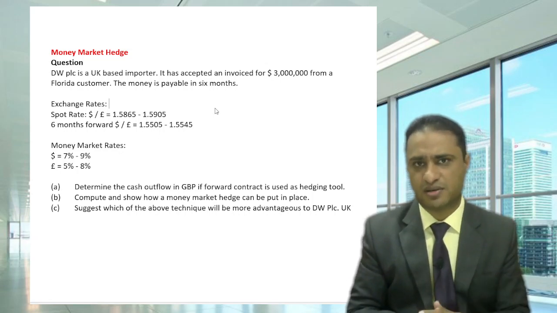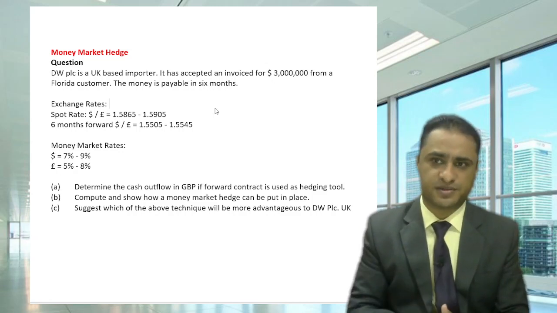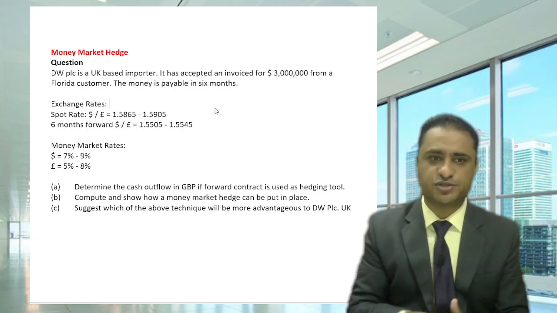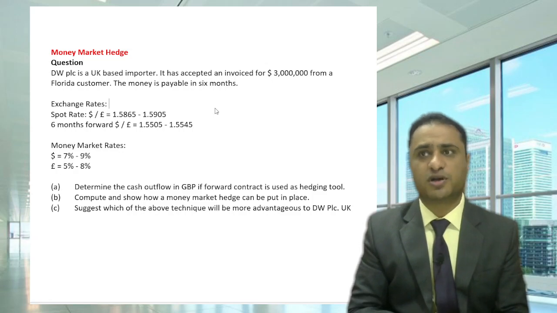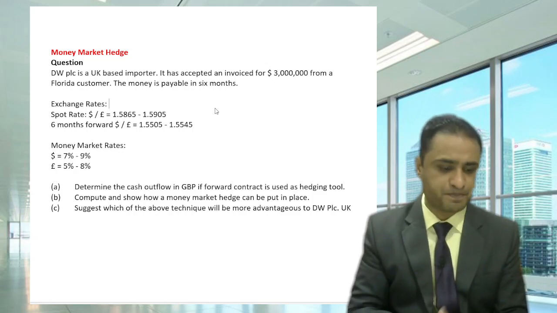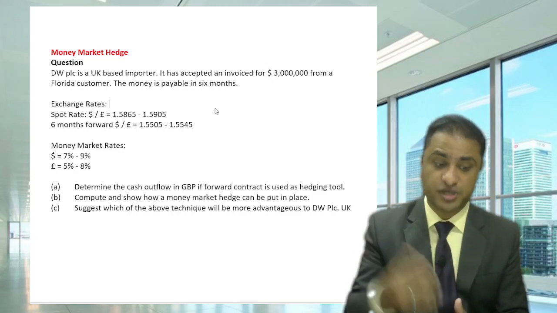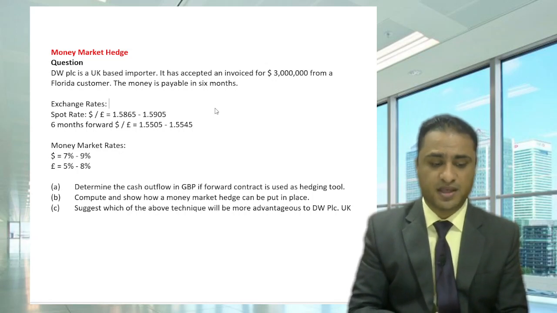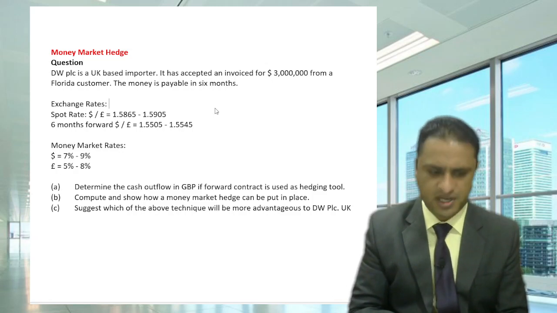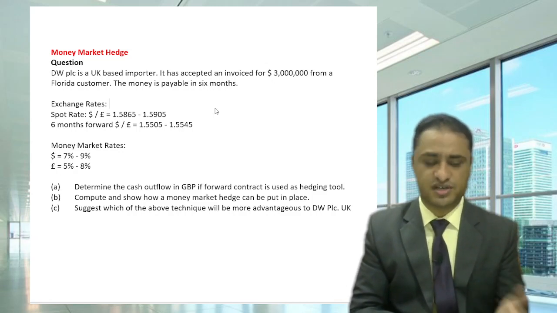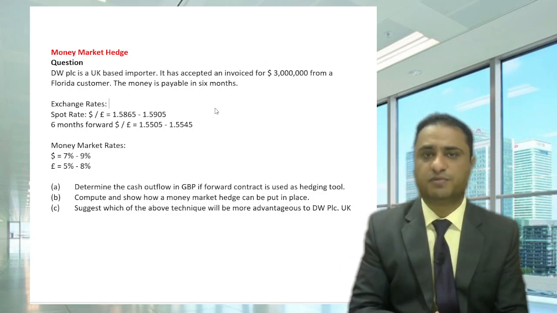The same thing will happen here. In every interest rate, there will be two types of interest rate. The lower interest rate is what the bank will pay you for depositing the money, and the higher interest rate is what the bank will charge you for borrowing the money from the bank. So if we deposit in dollars, the deposit rate is 7%. If we borrow in dollars, the borrowing rate is 9%. In case of pounds, if you deposit your money in pounds, you will get 5% per annum. If nothing is given, the interest rate is always quoted per annum. And if you borrow in pounds, the interest rate applicable will be 8%.